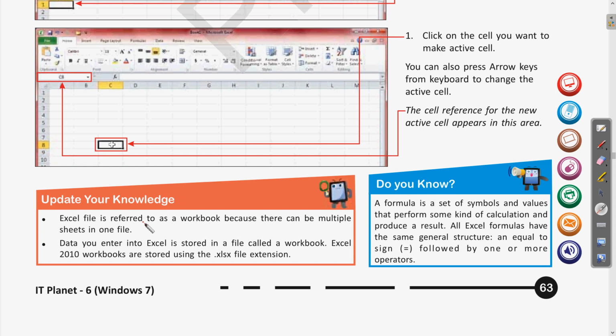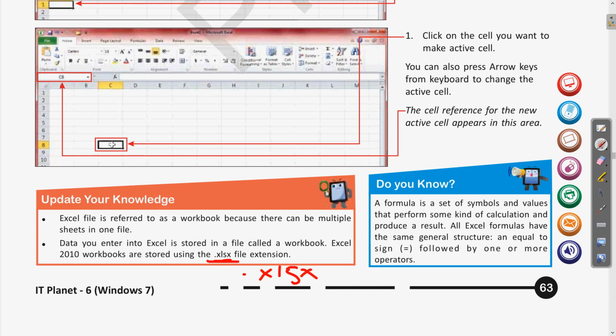Next, data you enter into Excel is stored in a file called a workbook, and Excel 2010 workbooks are stored using the .xlsx file extension. So whatever file we save in MS Excel 2010 onwards is saved with the extension .xlsx.